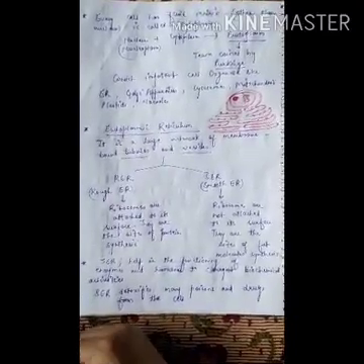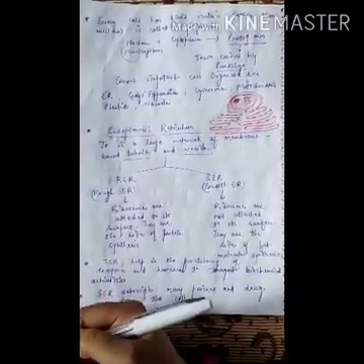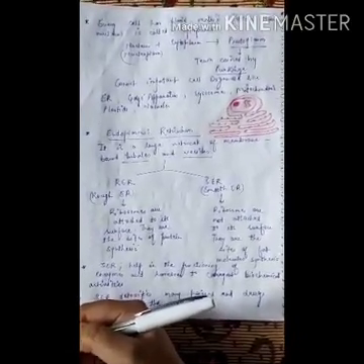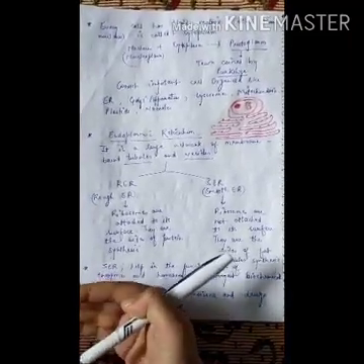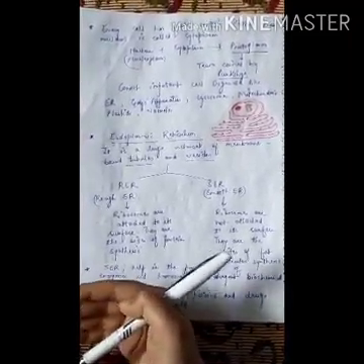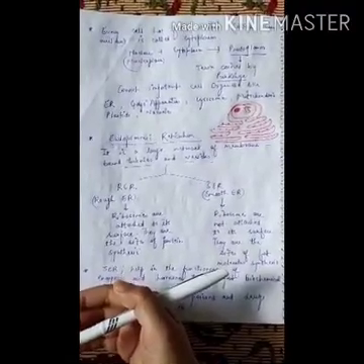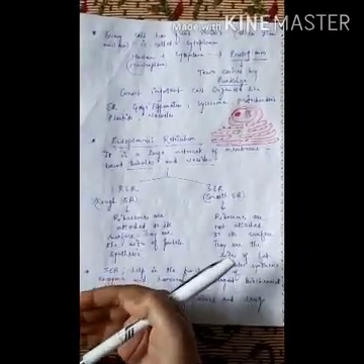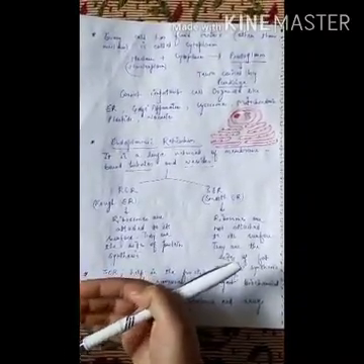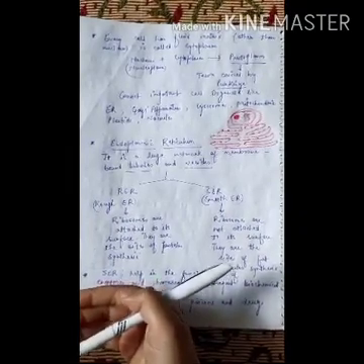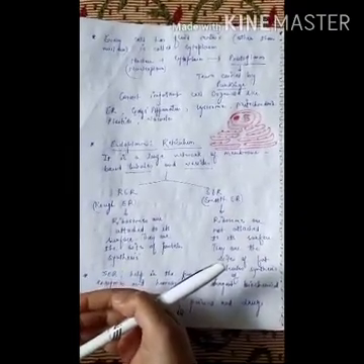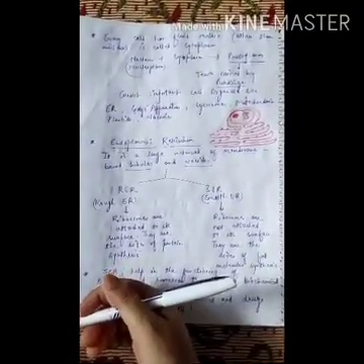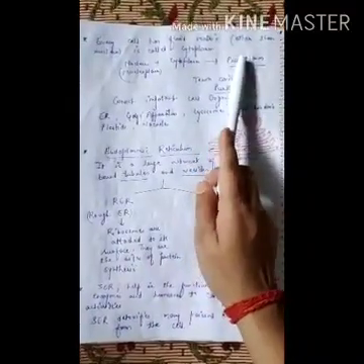So today we will start the next portion of the chapter, the fundamental unit of life, that is cell. In this portion we will discuss some cell organelles and their functions, and these cell organelles are mentioned in your NCERT book. So please go through it. I already sent you the PDF of NCERT of this chapter. So please read carefully.